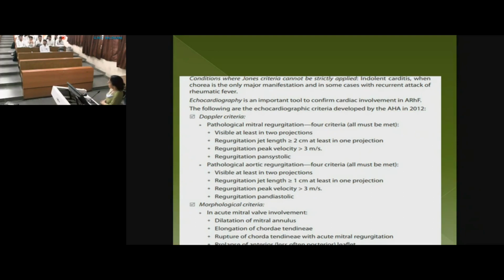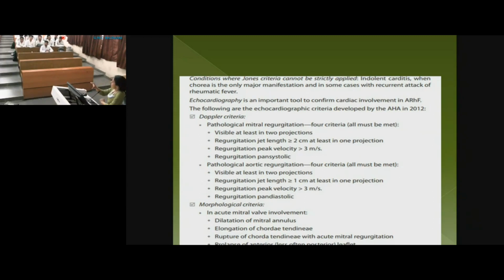Similarly, when you have chorea, because it comes so late, the acute phase inflammation, the sore throat, everything else vanishes. So in chorea, if you have excluded all the other causes of chorea, that is Huntington's chorea and Wilson's disease, then we treat the child as rheumatic heart disease, because you may not fulfill all the criteria. Similarly, if a child is a diagnosed case of rheumatic fever, then when he comes to you with a recurrence, you know his heart is already damaged.